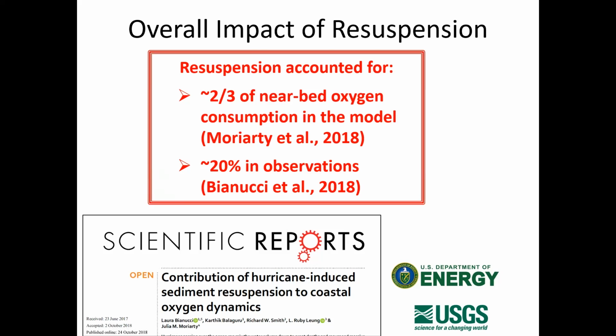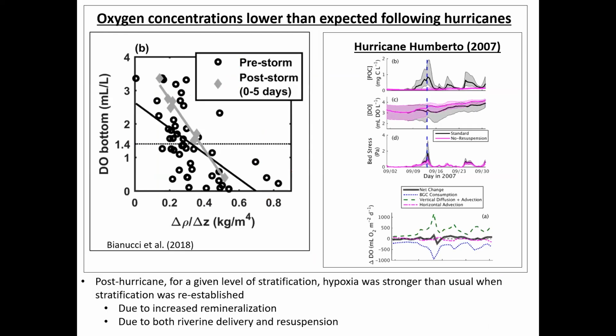She did this work while she was at the Department of Energy. She's now at Fisheries and Oceans Canada. But just to talk a little bit more about this, they did a meta-analysis and looked at how much oxygen declined following storms. Basically, if you have the same stratification before or after a storm, you get much more drawdown of oxygen after the storm, or 20% more. And so they attribute that to this increase in total suspended solids and the remineralization of the organic matter